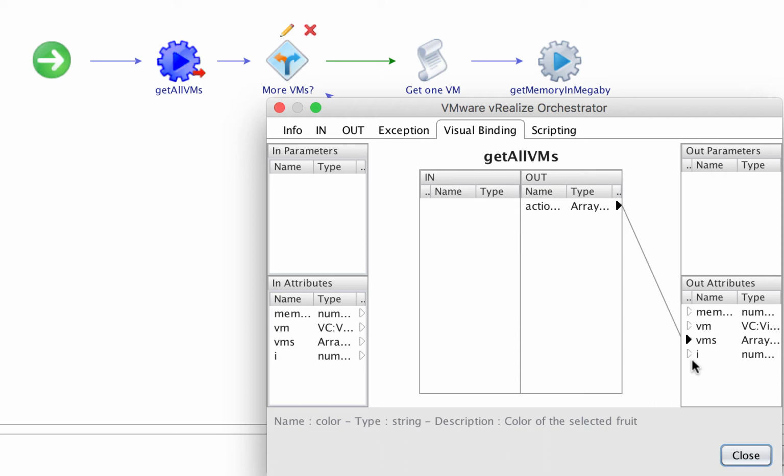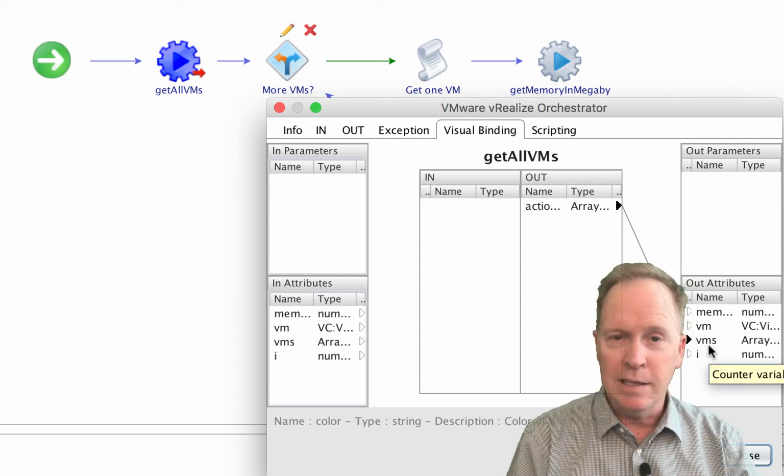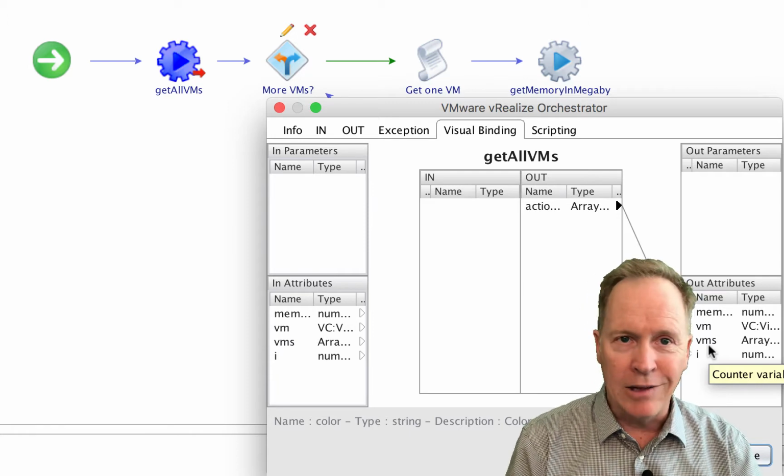that we can say things like, it doesn't work quite like this, but just conceptually, if I is 1 and we say, show me VMs sub I, that would show us the first VM. Then if we increase the counter variable I to 2, it shows the second VM. Increase the counter variable to 3 and say, show me VMs sub 3, it shows the third VM. Conceptually, that's all true. In reality,